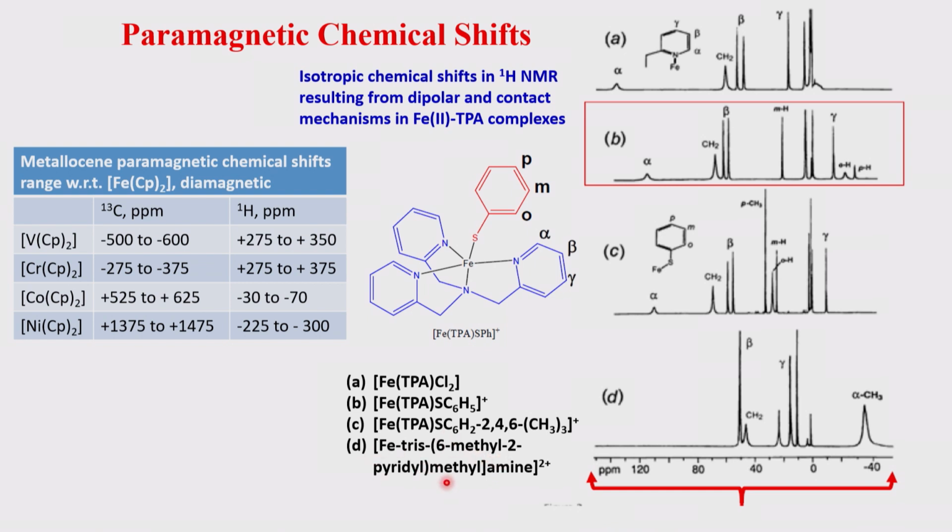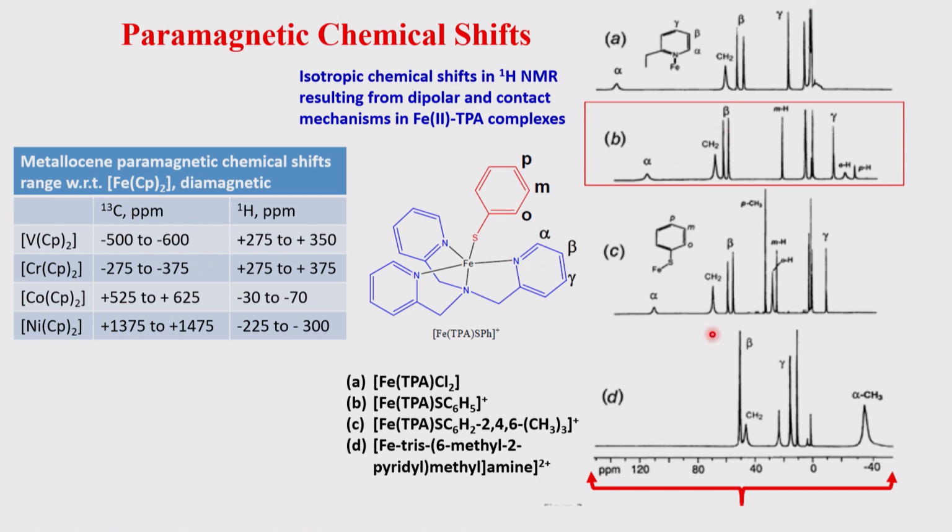And the fourth one is this with the methylamine things. So all of these you can see either to the negative and the positive side. Here is a plus 50 and the minus 40. And here plus 90 to the minus 10 in that range. So plus minus range you can see, and these are coming from the different protons of the ortho, meta, para,